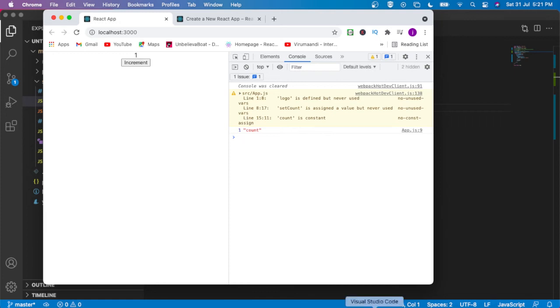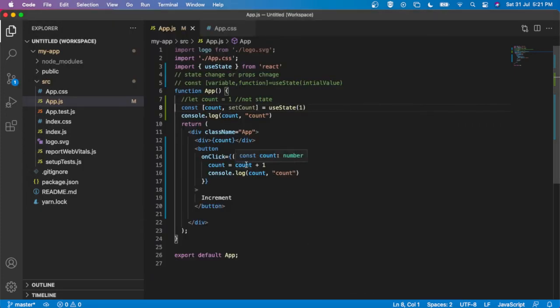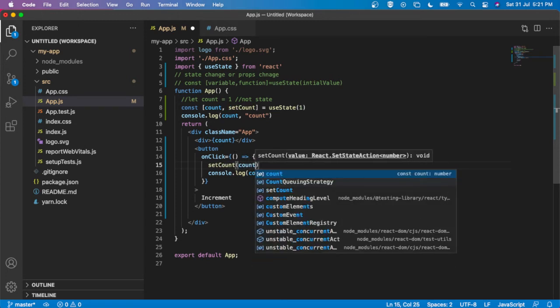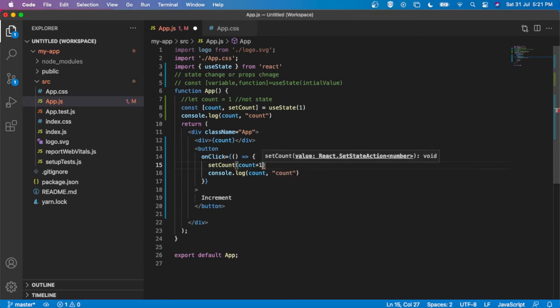Clear? Now I am going to change my increment function. It is referring to the let variable. Now I am going to use my state. Okay, so for that I have to use this function set count. Now for incrementing the value, what I am doing is count plus 1. Okay. Also I am commenting this one. I don't want this one because on every render this console will appear.